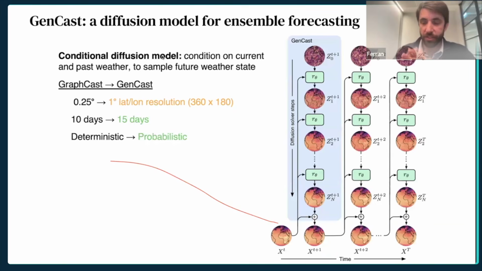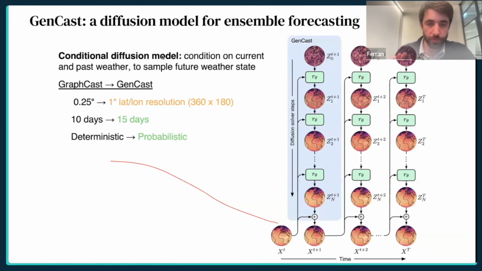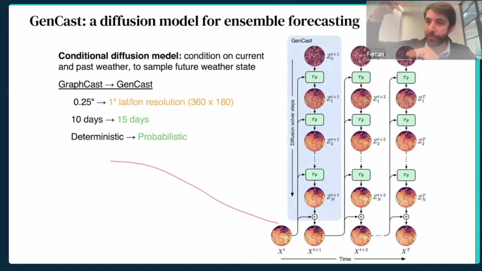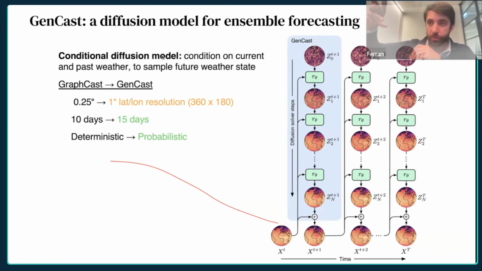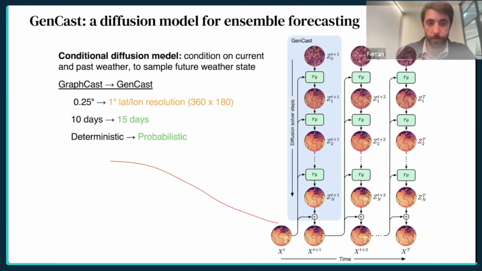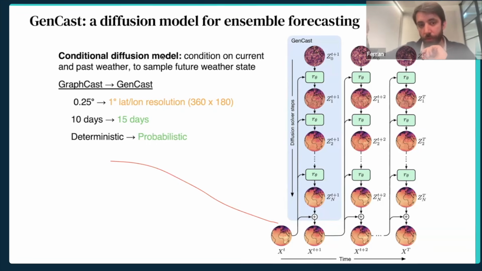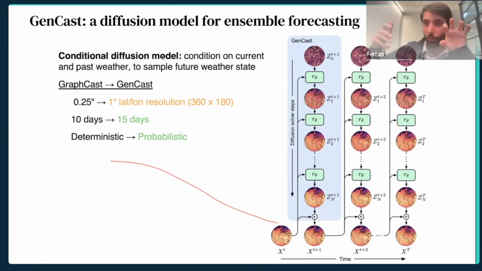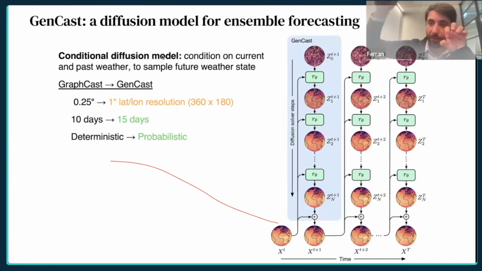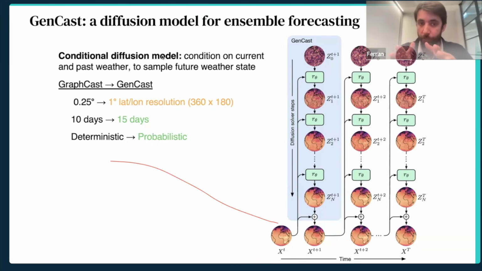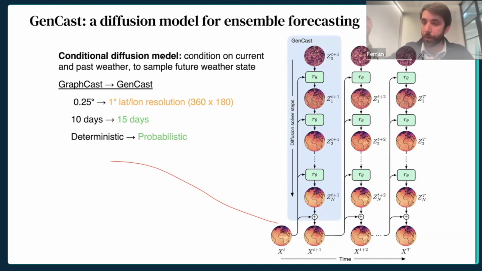So in terms of implementation, it works a bit like a diffusion. It's not the main emphasis of this talk, but essentially diffusion works by progressively noising a signal into a Gaussian, and then at a different time, you start from a Gaussian and you denoise the model because you've learned a denoiser. In our case, it's a conditional denoiser. So it picks the current weather, and that informs how the variable should be denoised into the prediction of the day for tomorrow. We only train this for 12-hour predictions, and then the same model can be applied multiple times to make further predictions.